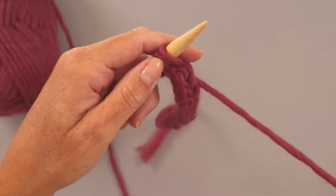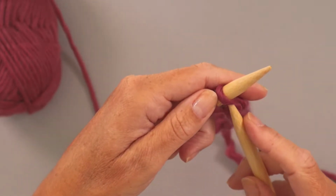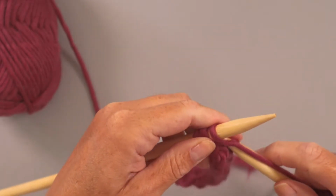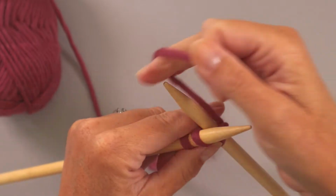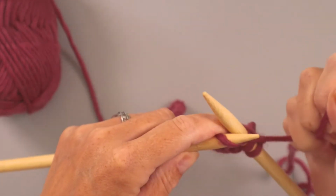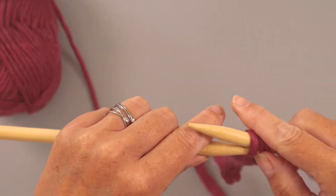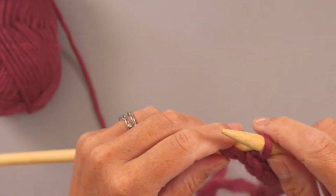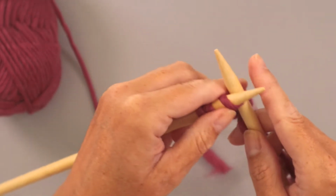So we've cast on 3 and I've just knitted a few rows, and it's just a 1 row repeat pattern. So all you do is just knit. Just knit 3 stitches. And then we just slip those stitches back, 1, 2 and 3, and then we just knit again